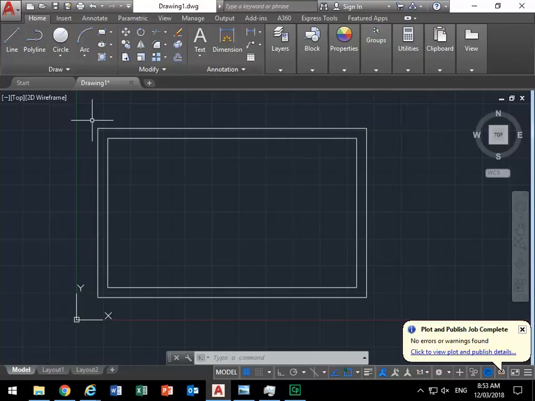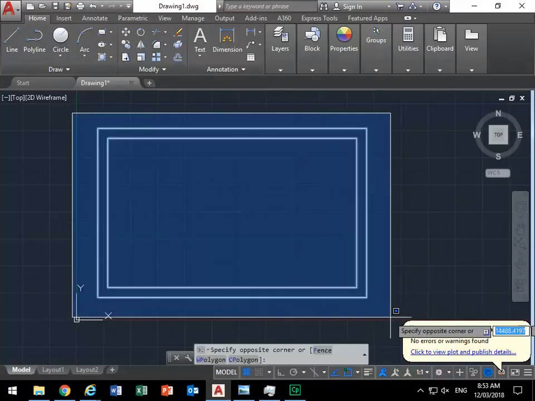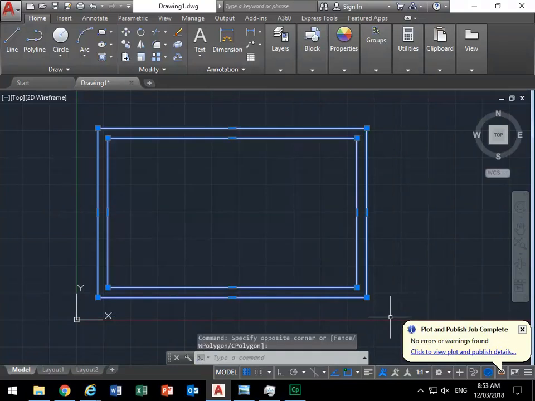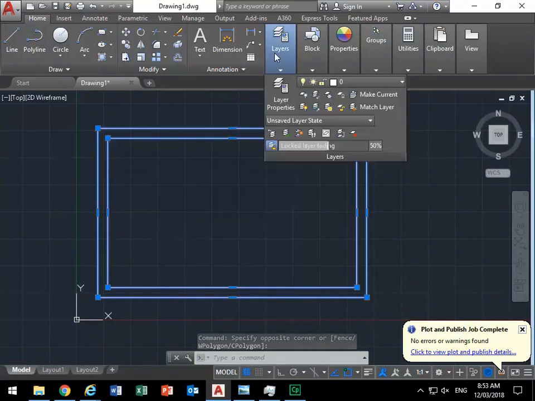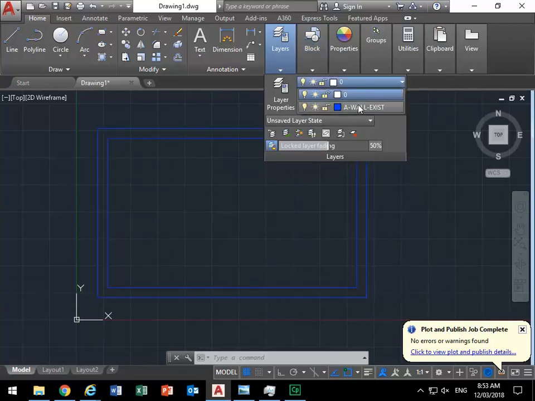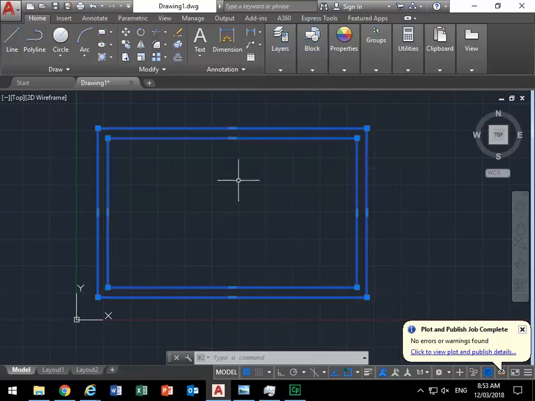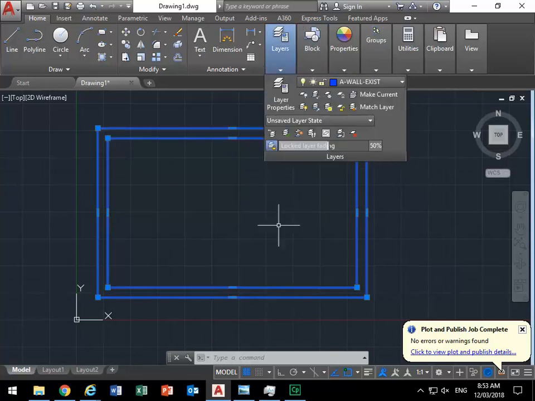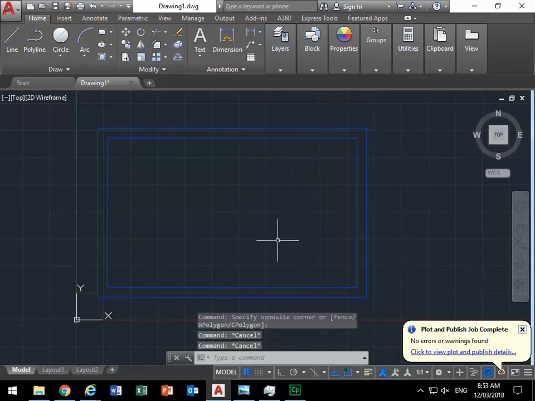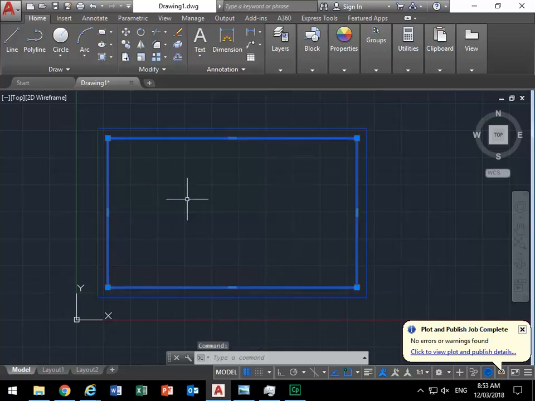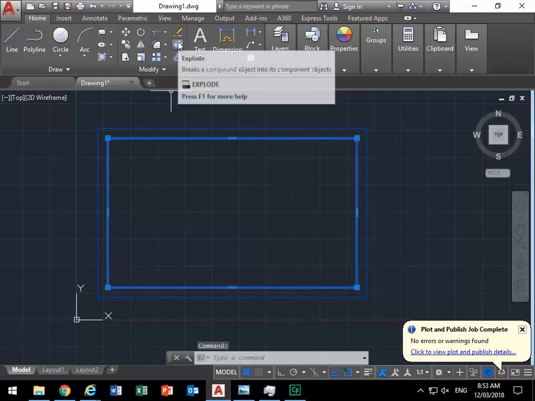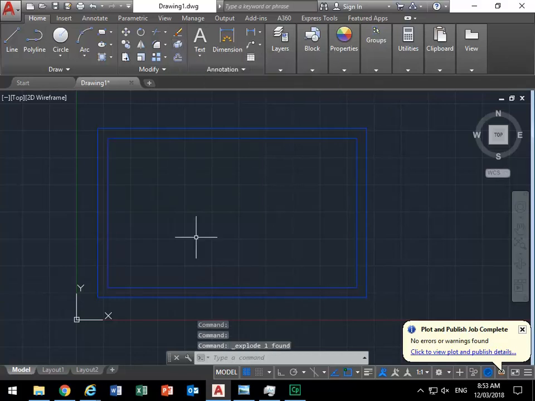So I'll then simply select those rectangles, and then in the layer drop-down list, you can choose those and easily change them. So going further, I can then explode the inner rectangle. So I'm just going to click on that and then click on the explode button. And then use offset to get the